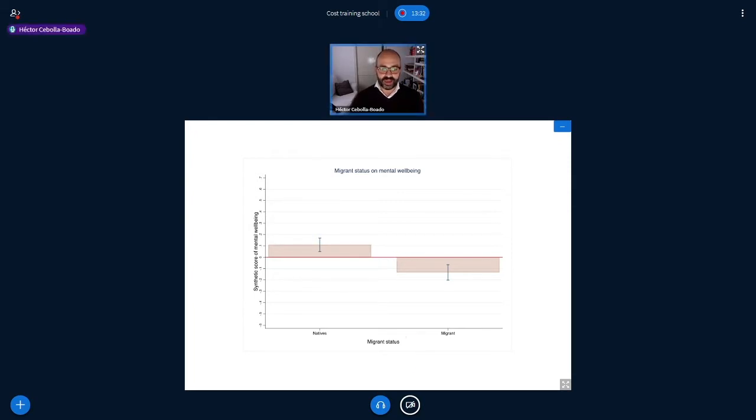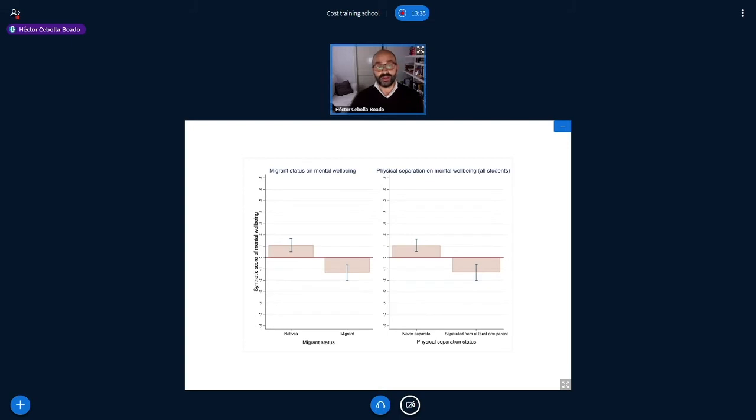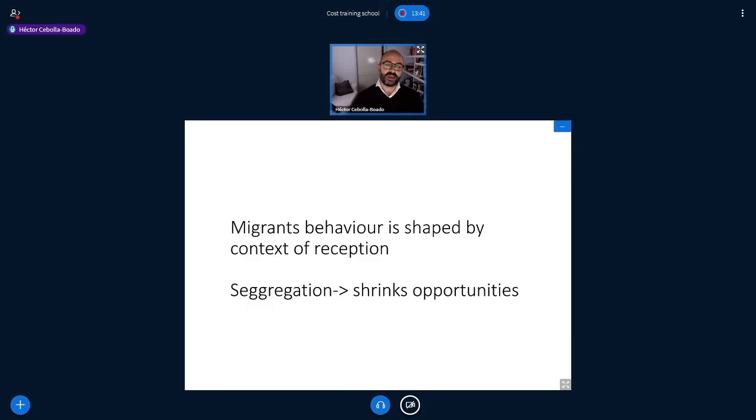But then, unless you can rule out other possibilities, you might inflate a little bit too much the effect of context. And finally, I was arguing that I tend to see in the literature the idea that migrants' behavior is very much shaped by the context of reception, and that's very connected to the literature on segregation and concentration. The idea that segregation shrinks opportunities is a very widespread